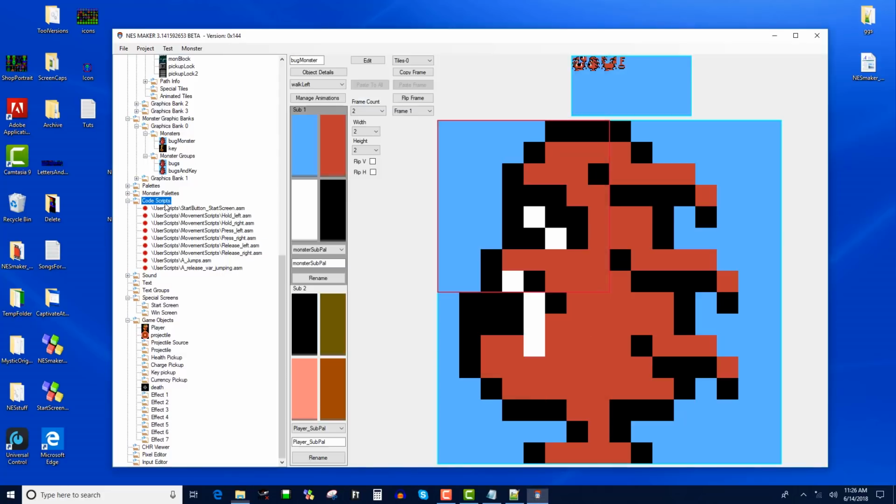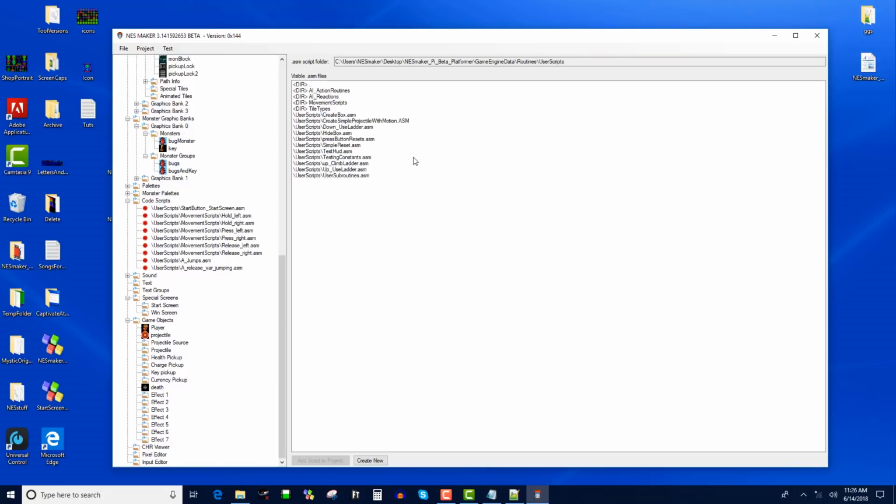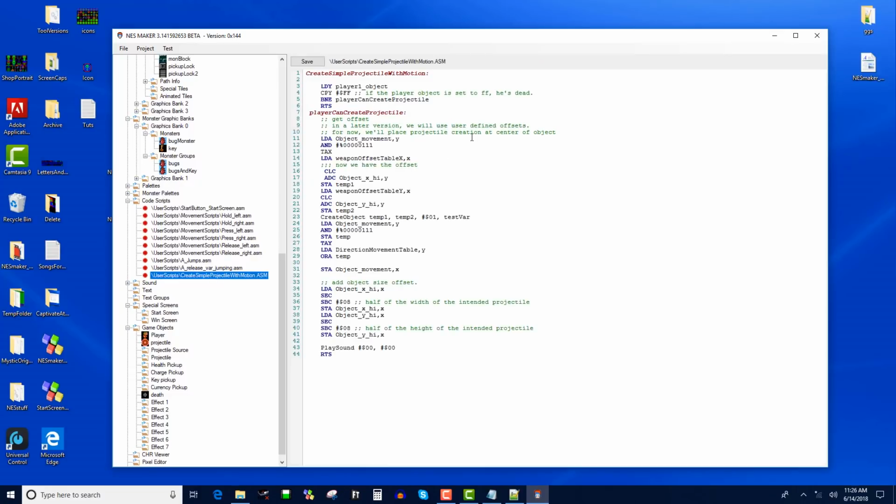Routines. Nope, actually I'm going to pull it in. So go to code scripts, user scripts, and create simple projectile with motion. If I look at that, it's creating object 1, and I'm going to have it creating at action step 0. That's what this is saying. It's saying create the X and Y that I just figured out, which is this stuff, at